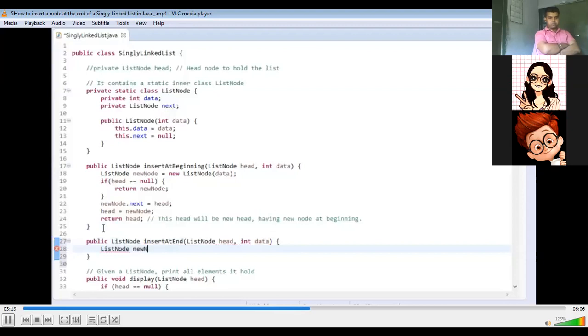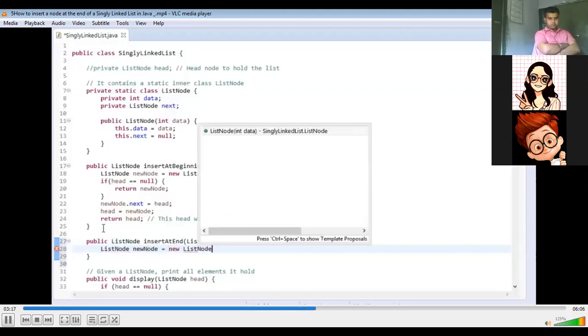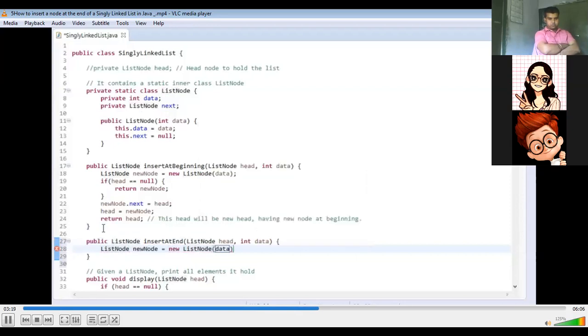First, let's create a new list node with the integer data provided as argument in the method. It simply calls the parameterized constructor of the list node class. Please mind you, why is only the data part mentioned? It's only because this is the particular node which is created and it will be attached as the last. It does not have any address value.